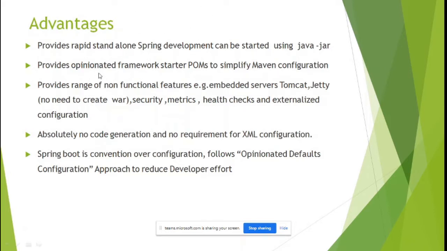It is going to create with a simple Java class with a main method to run with, and it provides built-in servers like Tomcat, Jetty and Undertow. There are predefined servers available. You don't need to have an explicit server with you. You can check with the health-grade features and metrics and security. Externalized configuration, administration can be done for your applications using Spring Boot, and auto code generation here, and most of the XML configuration is reduced here, and it simplifies your deployment steps.